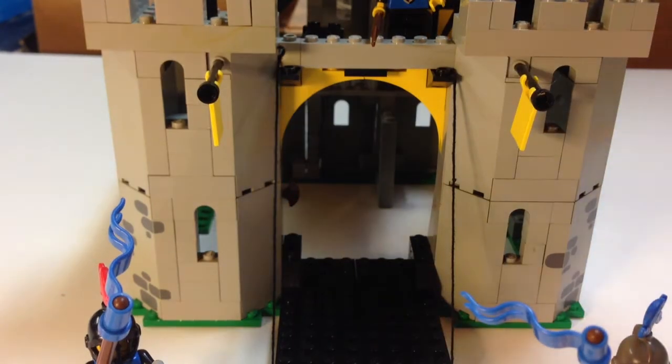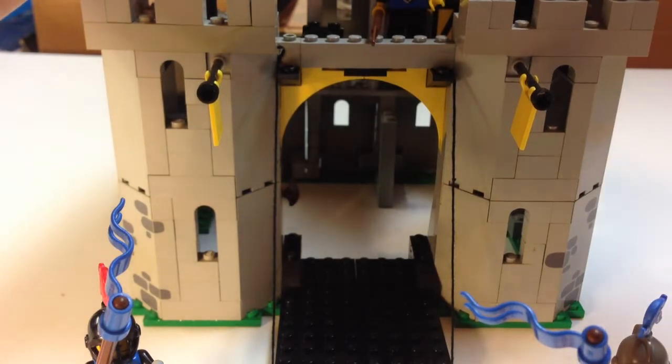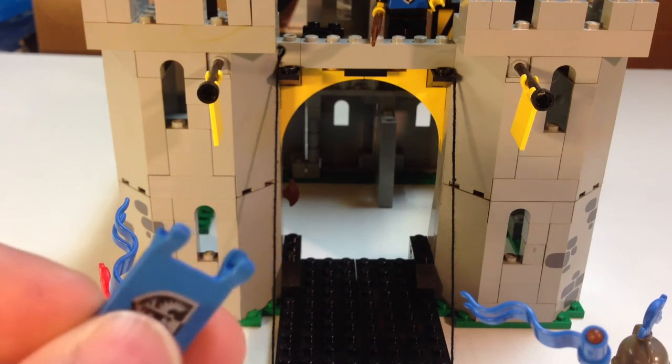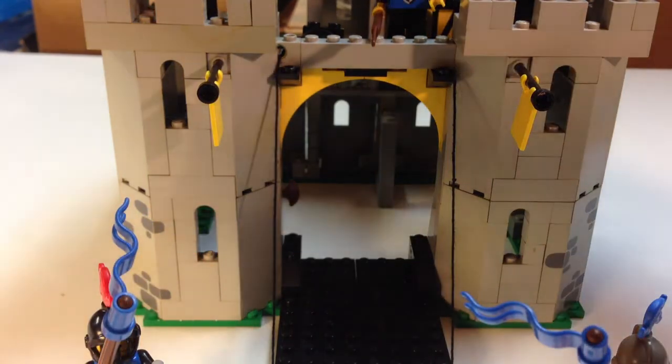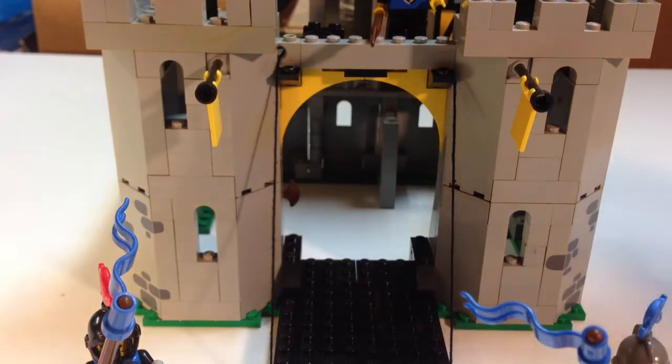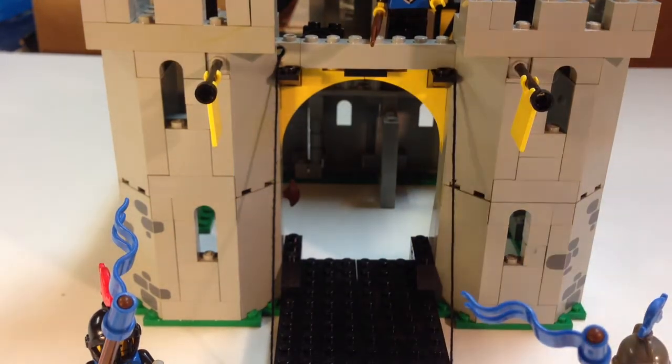And that was a problem. I'll go ahead and show you that flag. This is a very common problem. See how the clip broke? And that's why sometimes I don't like taking stuff off. I took this off, even though I just said that, but try to leave it on there. See, it still stays. Anyway,